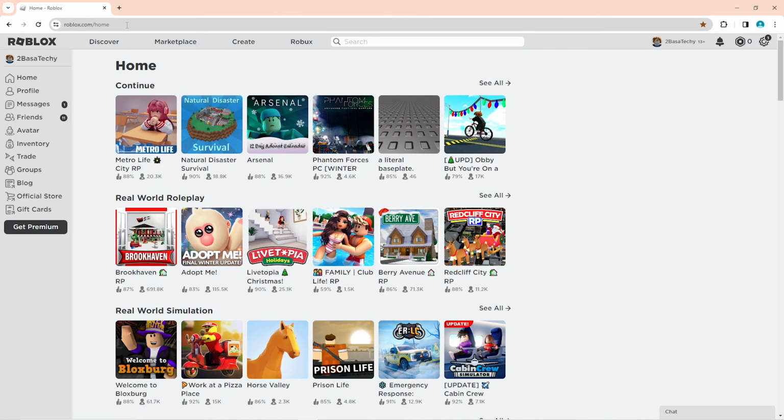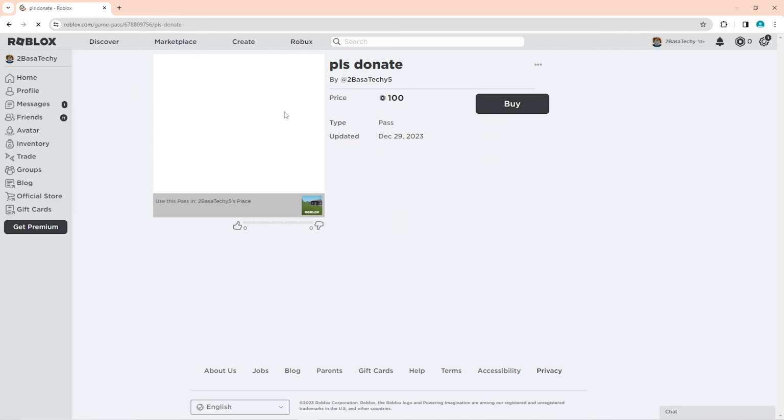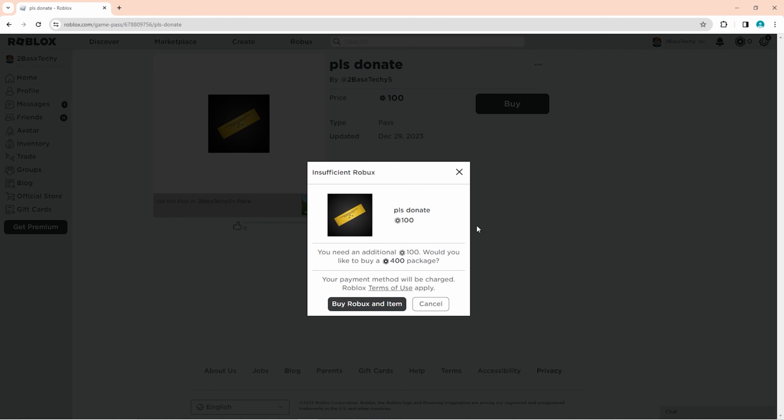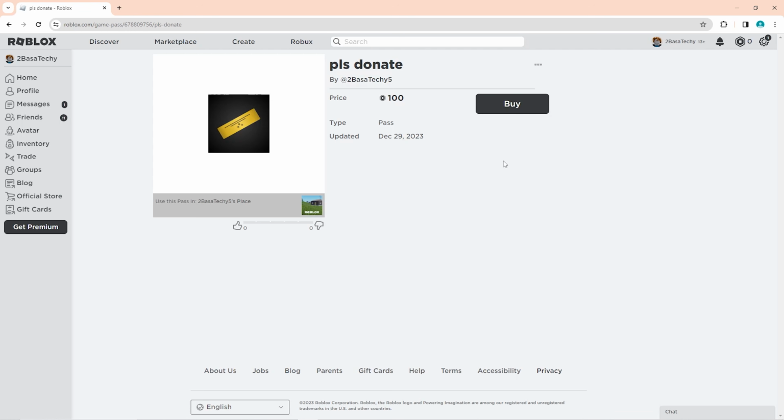Once you get it, you are going to want to paste it into this bar right here, so it will bring it up right here, as you can see. Then all you have to do is click Buy, and then you will be able to buy the Robux and send them Robux. Now keep in mind that Roblox will take a 30% cut, so they would only get 70%, or 70 Robux instead of 100,